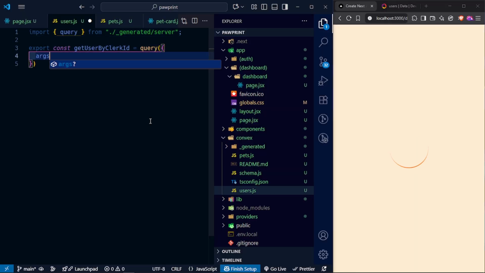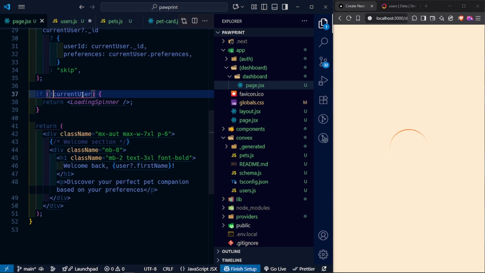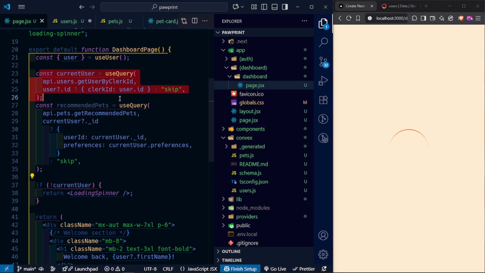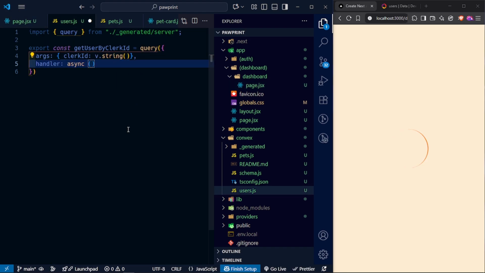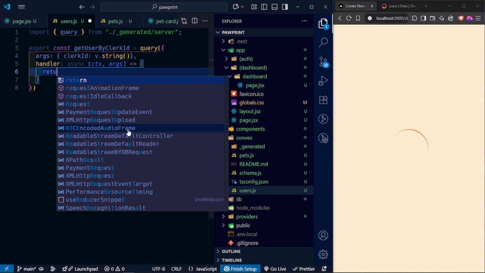So this is going to take in the arguments as the clerk ID, which is coming from v.string, and then we're going to say the handler is going to be an asynchronous function. And take note that, see how we have an infinite loading right here? It's because we are saying that if there is no current user, and we know that there is no user, right? So if there's no user, then we get an infinite loading. So the handler here is going to take in the context and then the arguments, and then we're going to say return await